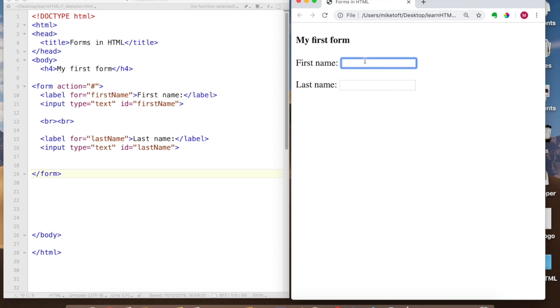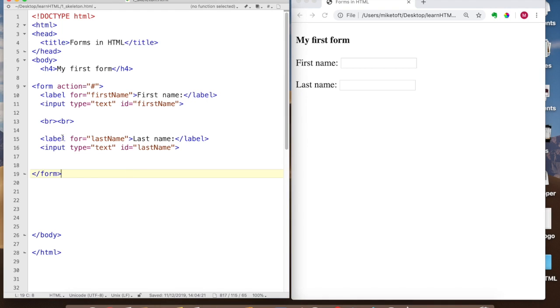So nicely we've got first name and now last name, and I can click on the last name here and the input happens because of the for linking to the ID. Okay, so the company or whoever might want some more information, so let's just put BR just to break it up, and